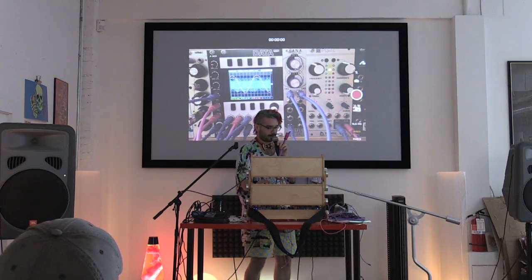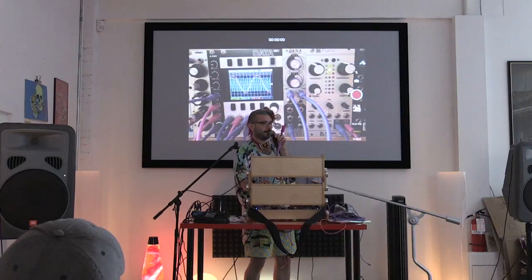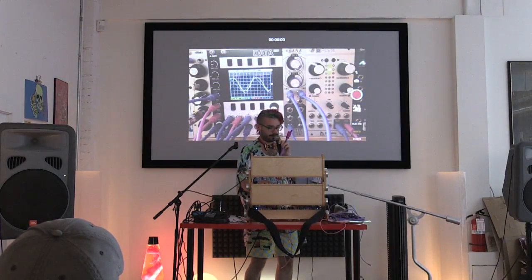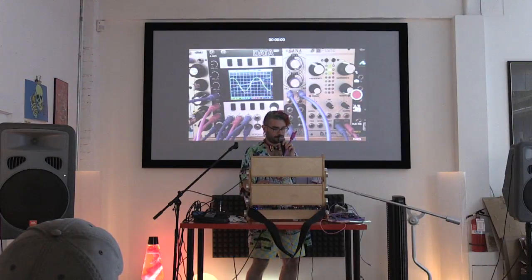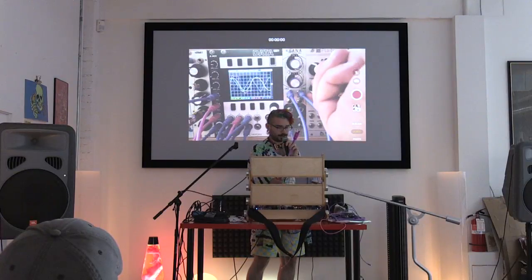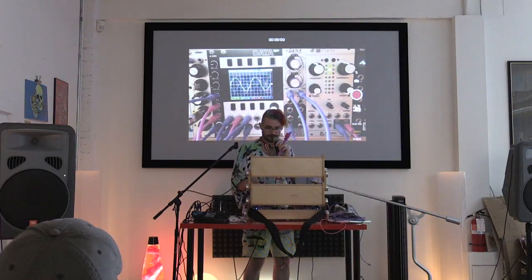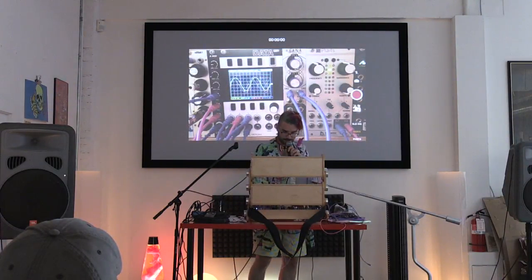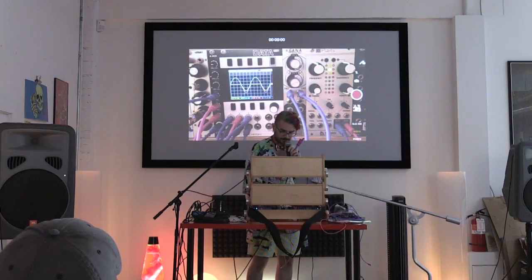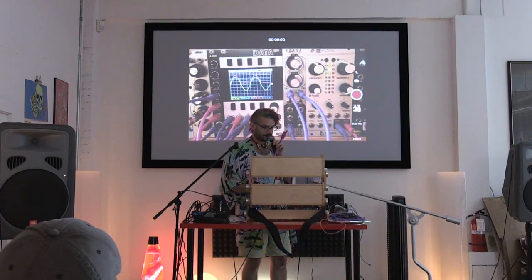And the funny thing about this is it decides what to do with sampling based on both of the inputs. If one of the inputs is going at audio rate, you're going to get something similar to audio rate sampling. And if one of the inputs, let's say I plugged an LFO in instead,